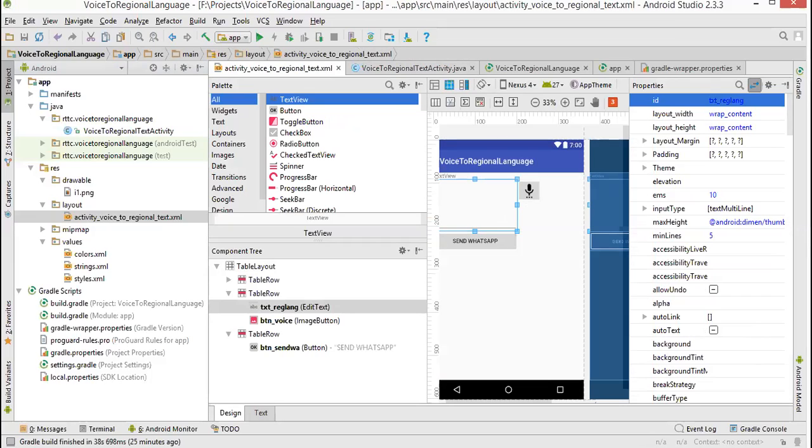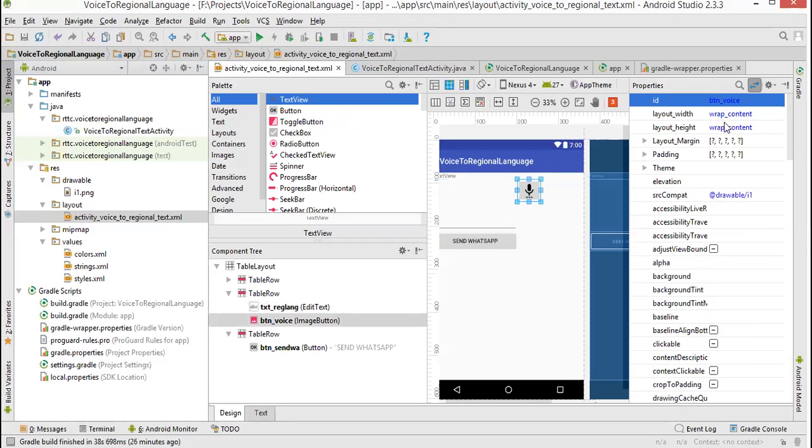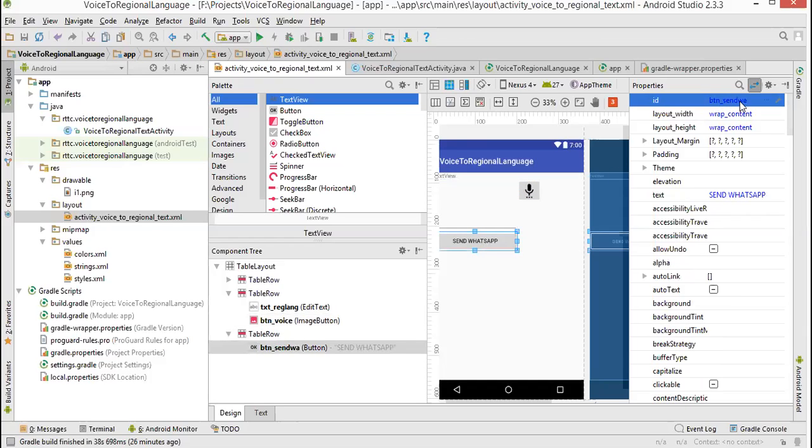It is txt_reglan. And what is the name of this image button? btn_voice. Name means ID. So what is this button? btn_sendWA. Now we have to access all these three elements in our Java file.